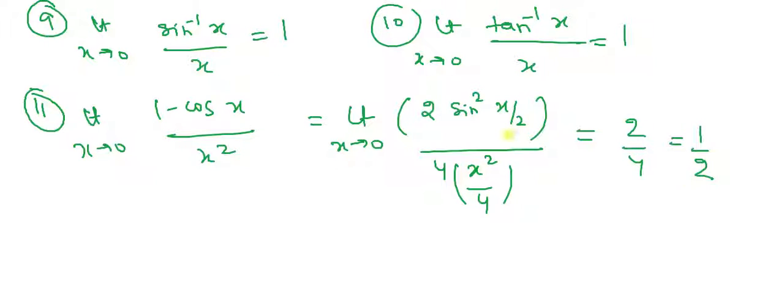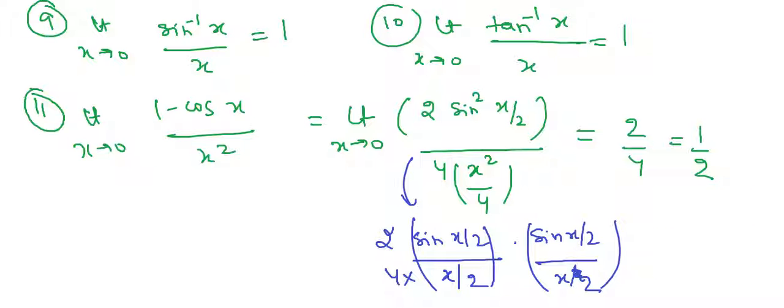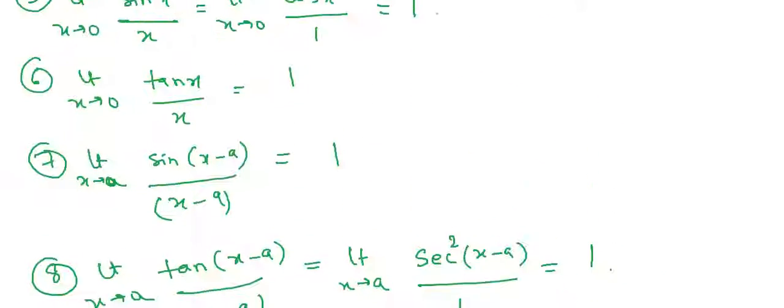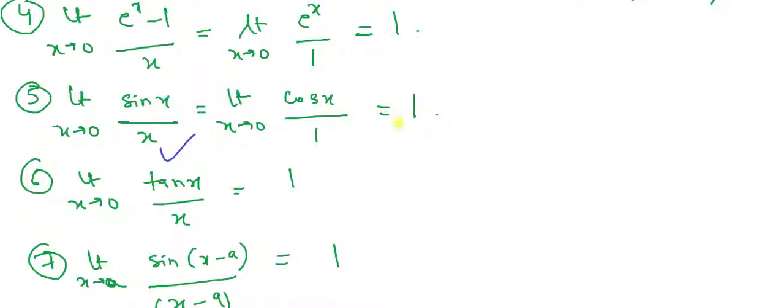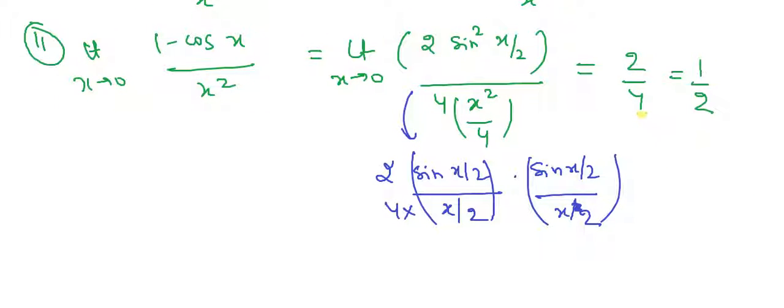I've used the previous property here. If you've not understood, I'll make it clear. It says 2 into sine of x by 2 into sine of x by 2 whole divided by x and x, not x square, it is simply x. Again you will divide by 2 and multiply by 4. Obviously 2 and 2 in division, then there should be 4 in multiplication. Now this will become 1 and this will also become 1 by using which property? By using this property. Then this is 1 and 1, then you're left out with 2 by 4.